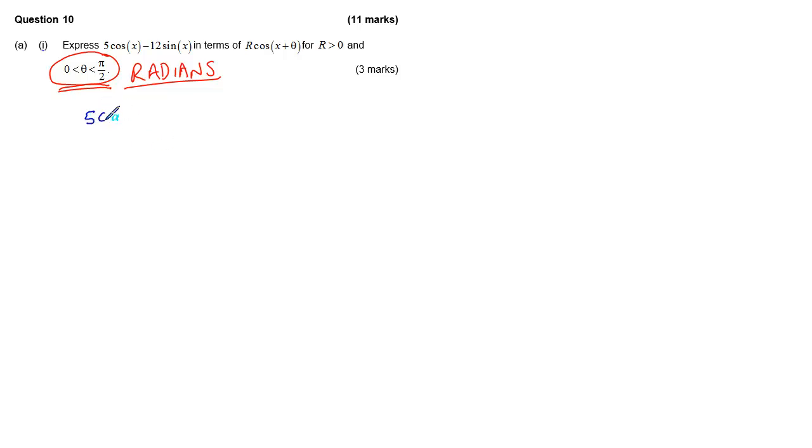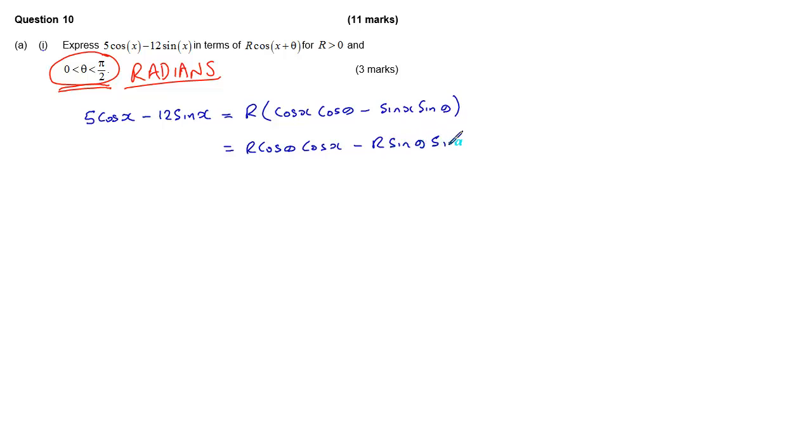So we have 5 cos x minus 12 sin x. That's going to be equal to r, and then using the expansion for this, cos x cos theta minus sin x sin theta, which we can write as r cos theta cos x, take away r sin theta sin x. By comparing coefficients,